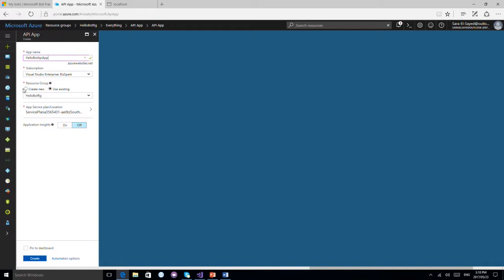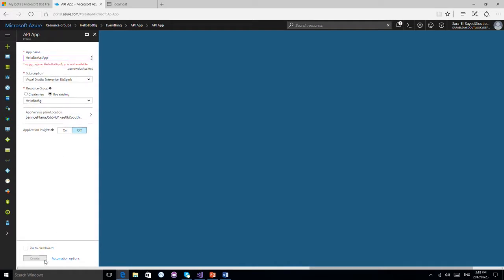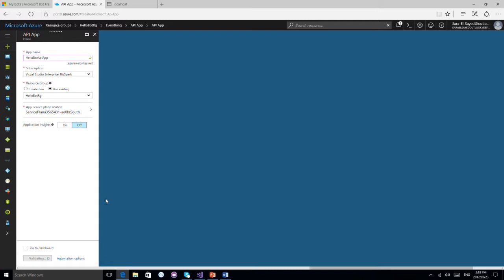And then I'm going to use the existing resource group that we're on right now. This is just the plan that this API app is running on. And all I'm going to do here is start creating it. So this is going to go through some validation. Once it's created,